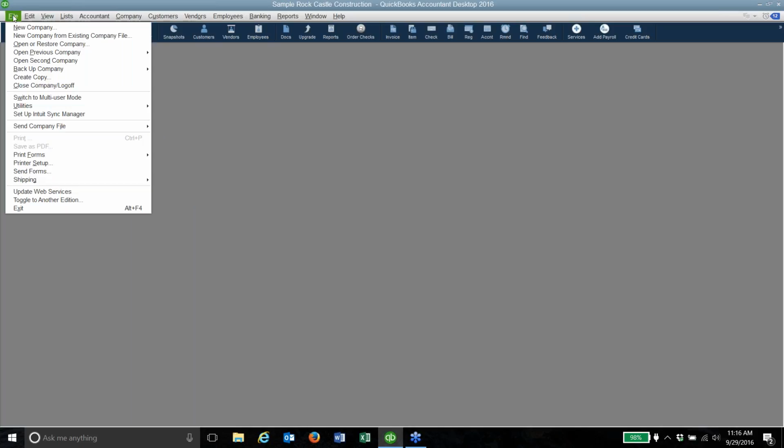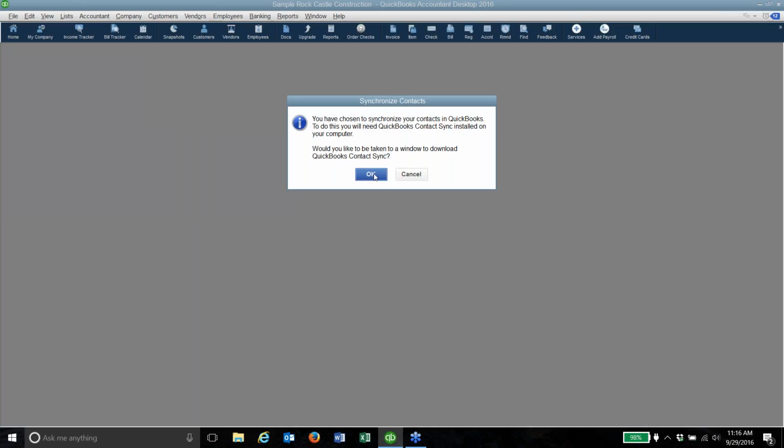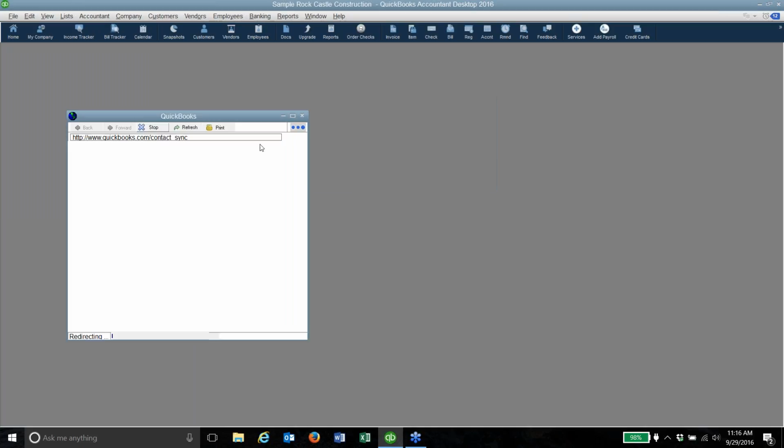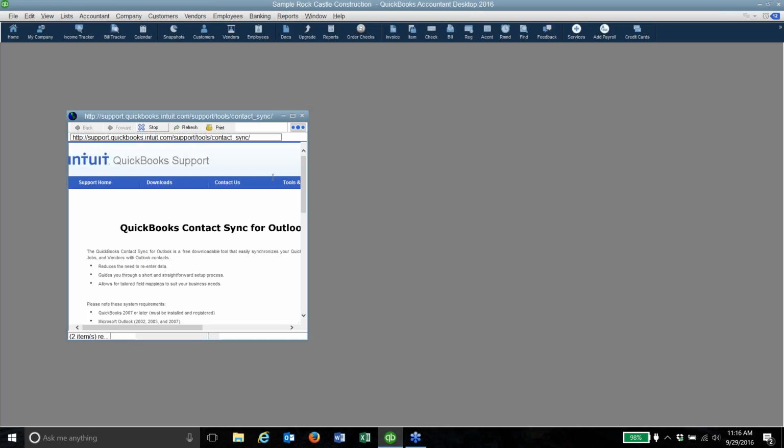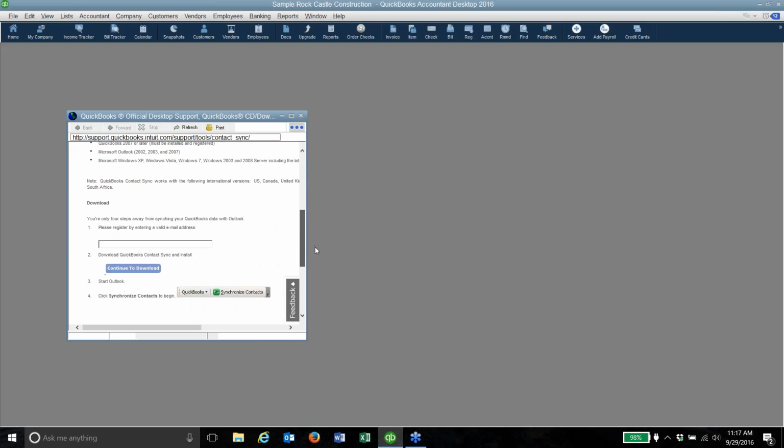So when you go between programs, you can make that an easy process. And so you go to your file menu and you say synchronize contacts, and it's going to give you some information about the process. And basically what you're doing is you're saying